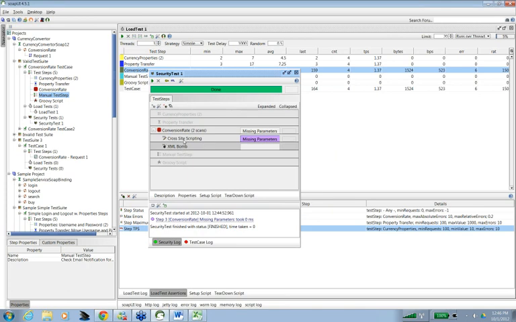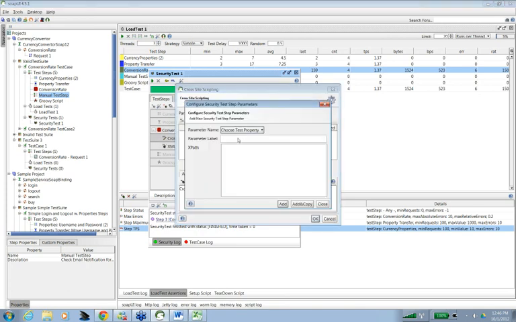Let me just run this one, and here also I can add the same parameters. You can do the security test for any of the parameters depending upon what type of request you are sending.